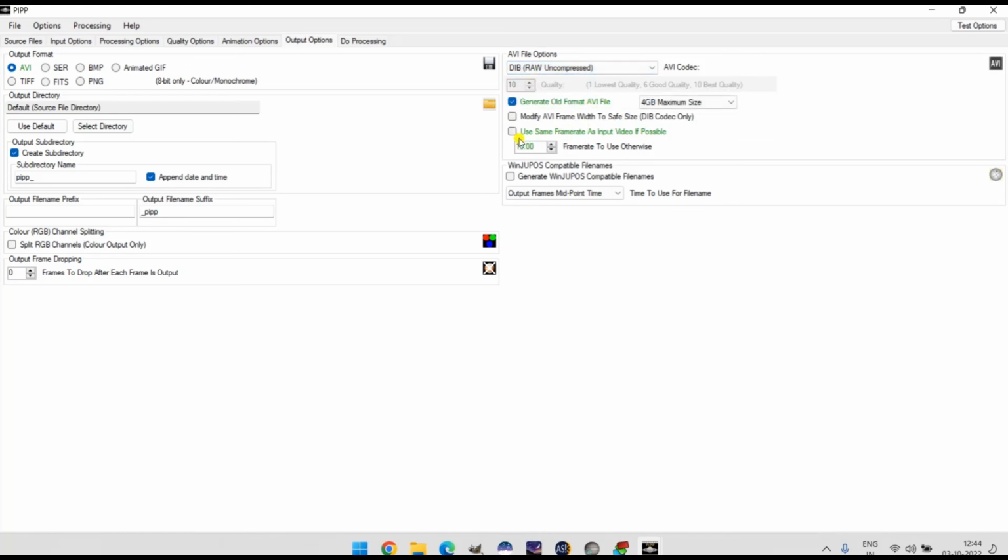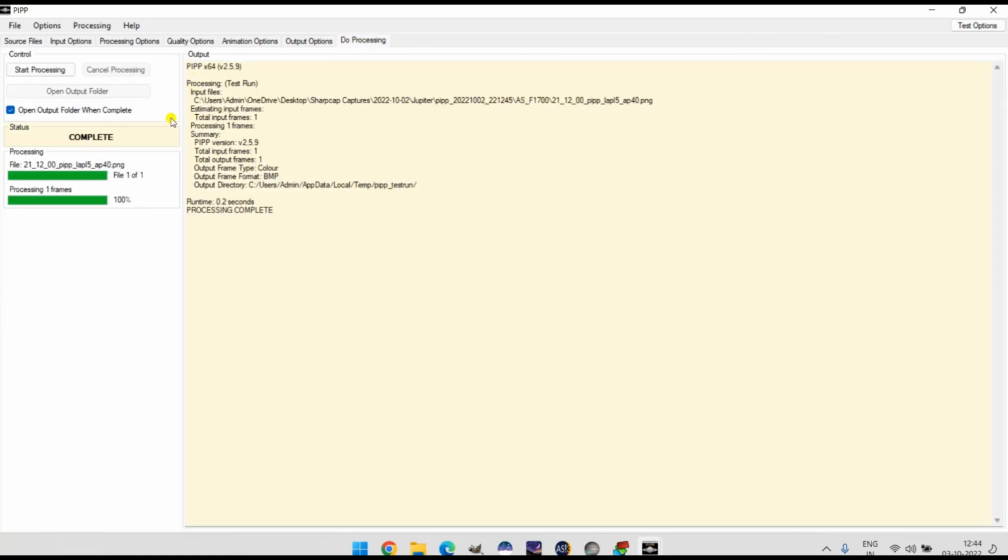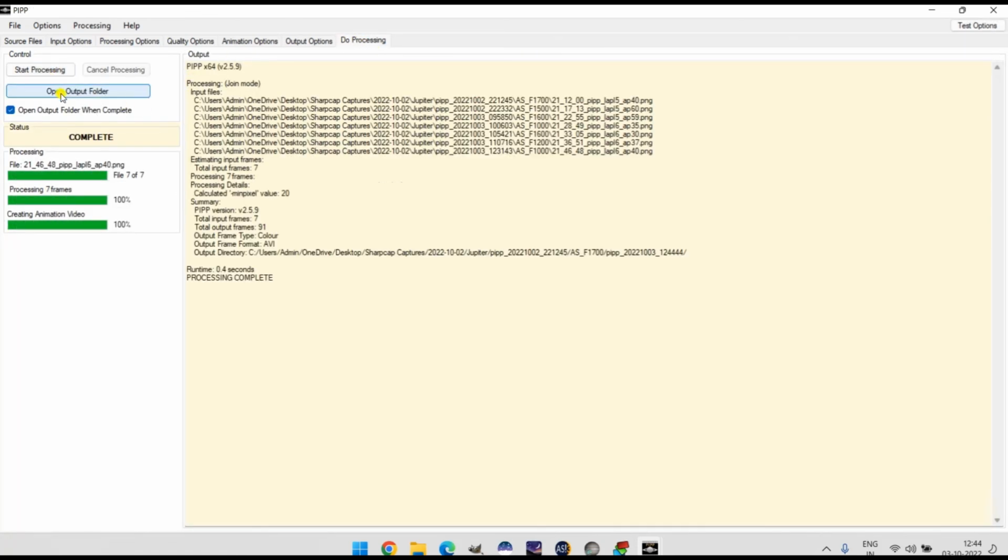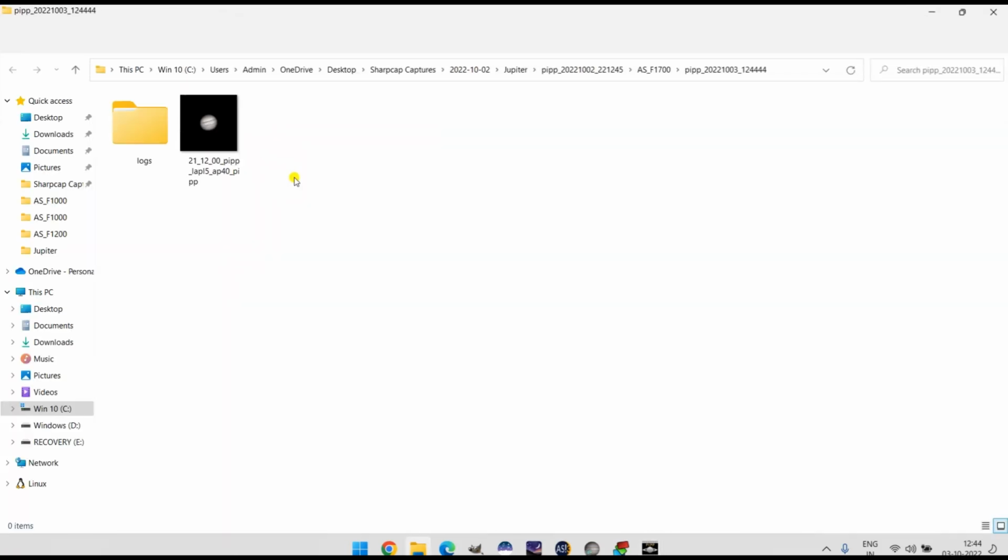And one thing I want to do here is change the frame rate, so I'm going to keep it to 3.5 frames per second. That seems to work pretty well. I've tried it before. So lastly, we're gonna hit on do processing, and boom, so our animation is ready. So full screen, if you